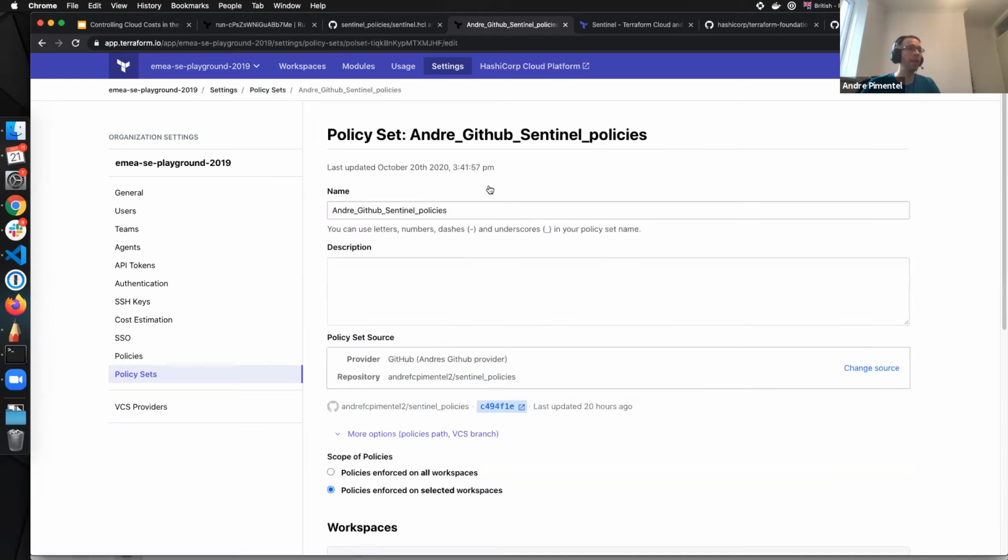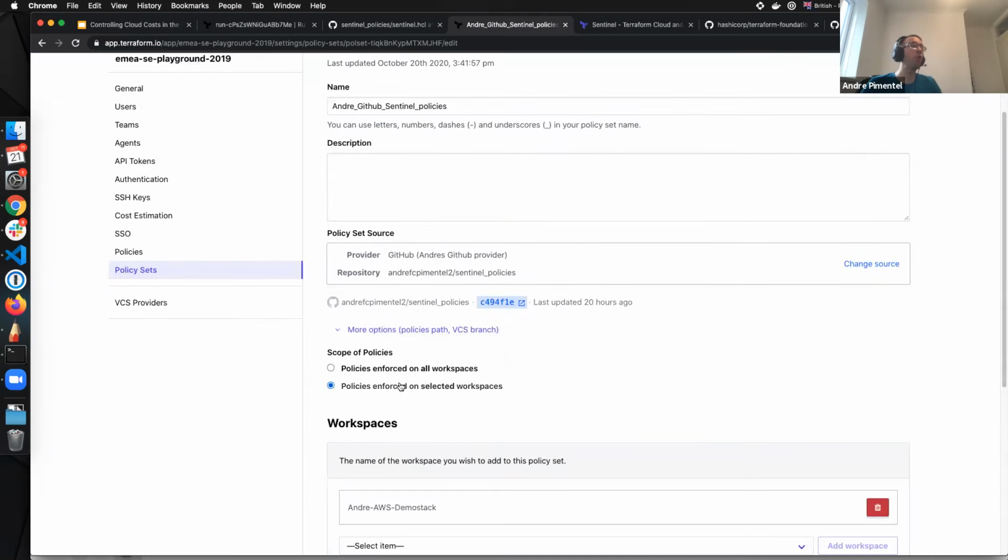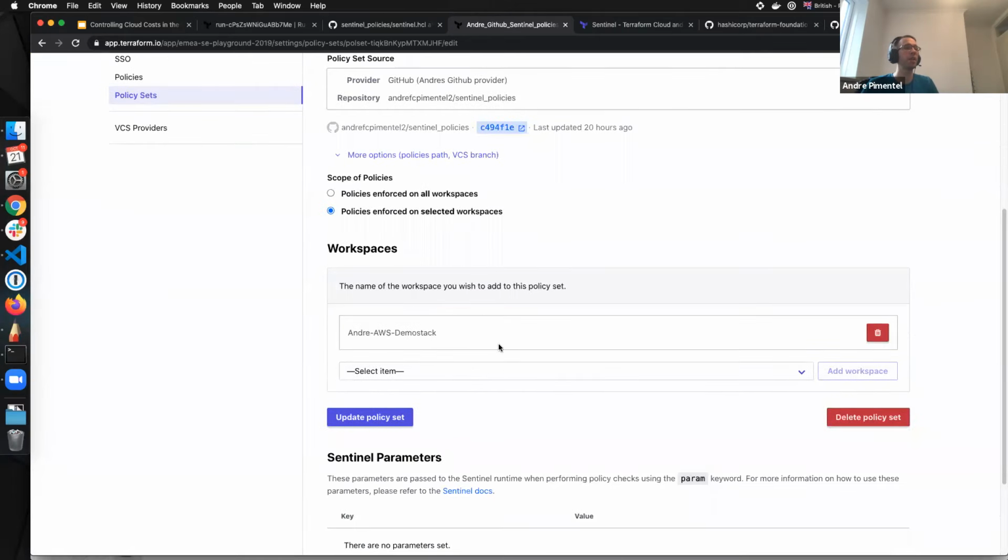Under GitHub, my Sentinel policies point to my repo. We can enforce a policy set on all workspaces, the whole organization, or selected workspaces. In this case it's my demo stack, the one we're going to use today.